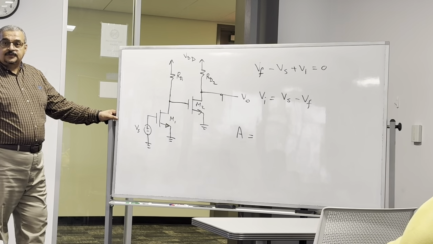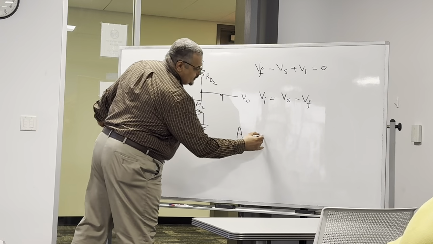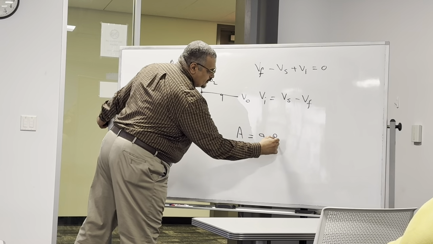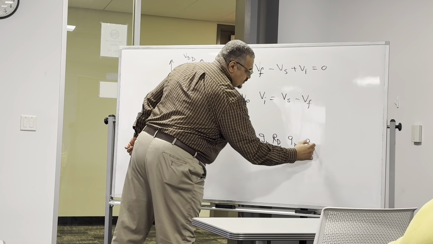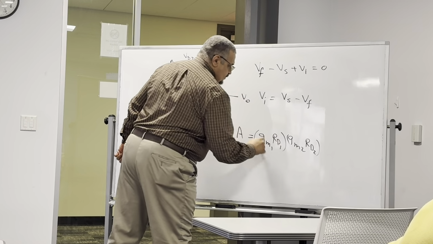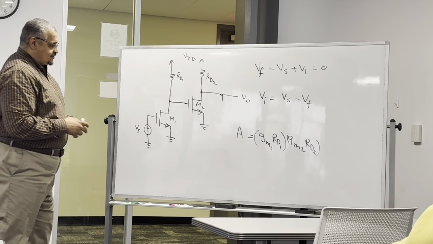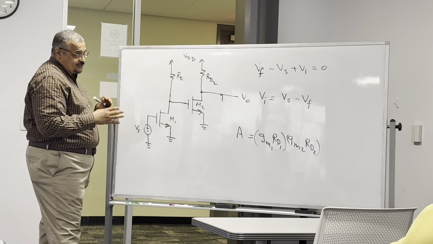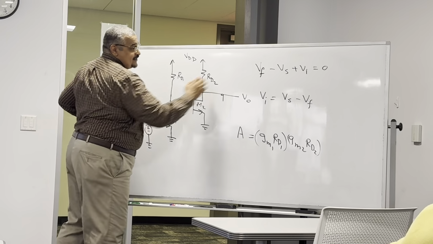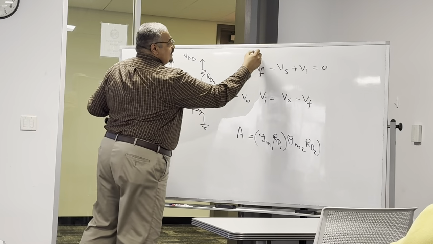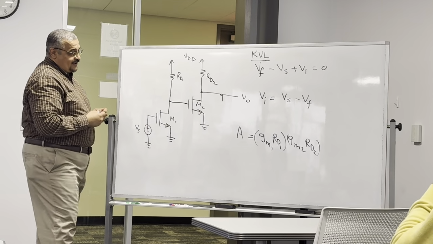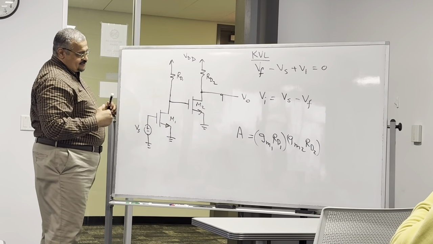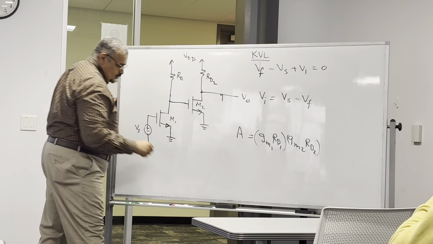That's correct. So the gain here is gm1 RD1 times gm2 RD2. Why is that? Let's do it in more detail, as we did this with KVL. But as I said, in this course I need you to work faster in solving problems. If you are not sure, you can just